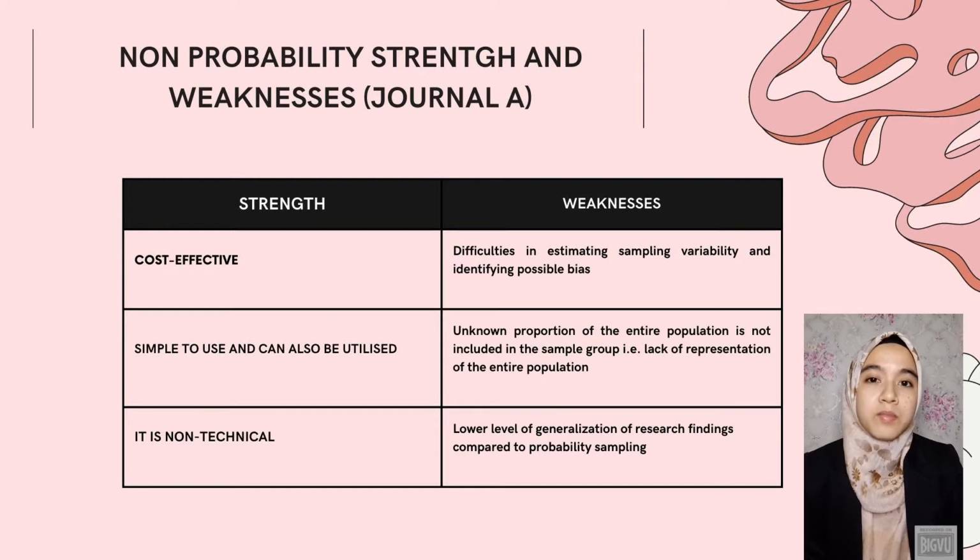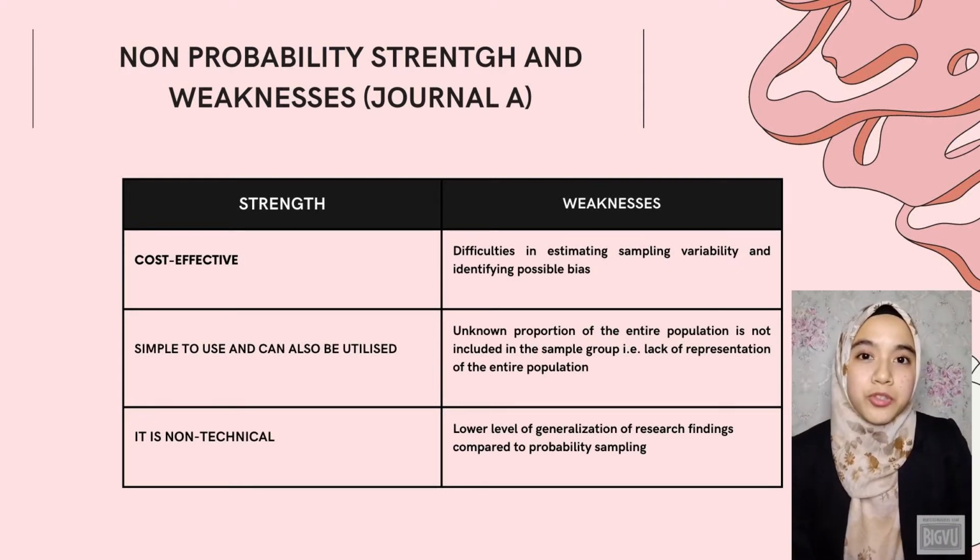time or financial constraints. Non-probability sampling has the advantage of being simple to use and can also be utilized when probability sampling is not practicable, when you have a very small population to work with, or when no sample frame, meaning complete data of the entire population, is available. This method saves money and time, and a bigger sample may be picked by assigning numbers to the sample and then selecting random numbers from the largest sample.